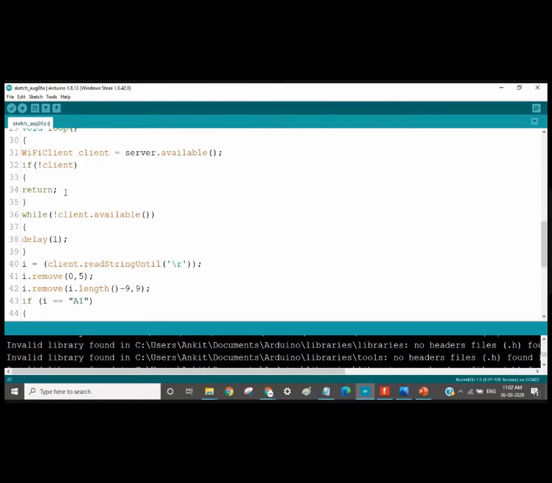For example, if you have 3 or 4 members in your house and all have access to that device, we can also count the number of users, or we can also restrict the number of users which can connect to this device. All that can be written here, right? If you want specific devices to be connected, then also you can have the settings for that, but it will require a long code, right? We are not taking it now.